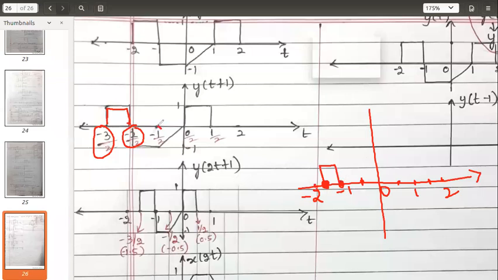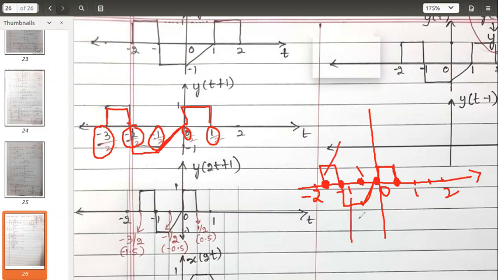Then coming to the next, -0.5 will be here. Check the shape, it is a down pulse here. So this down pulse will be here till this end. After this there is the 0 point. This ramp will appear like this. Then 0 I have marked already. 1 by 2 is 0.5, which comes somewhere here. So this pulse will appear in between these two. Okay, this is how the 4 parts of the signal look.